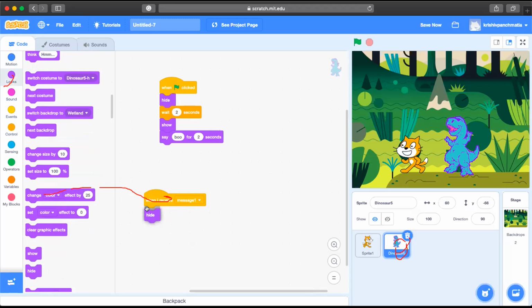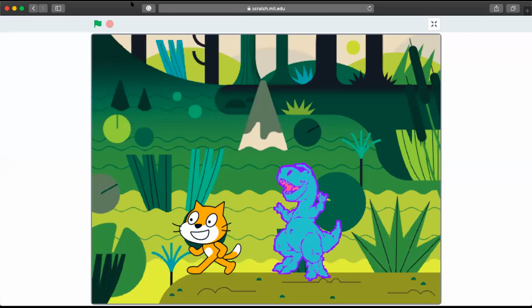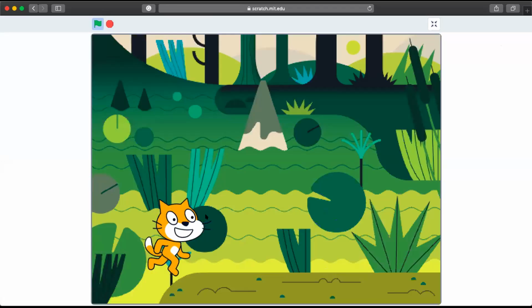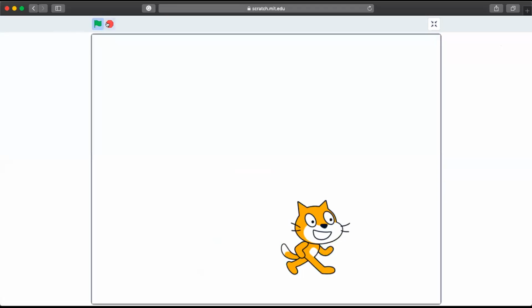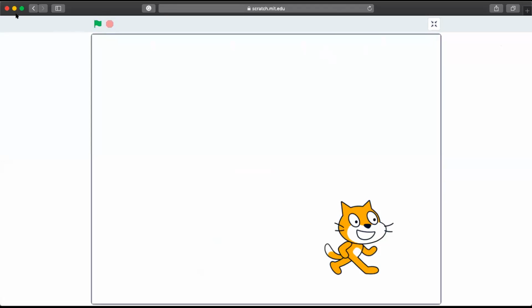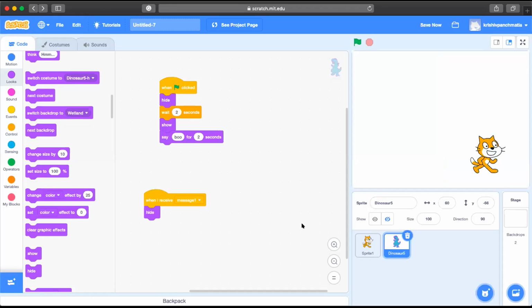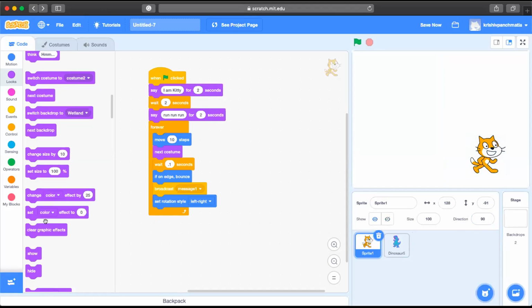Okay, now let's run your code. Please go full screen and run your code. So something went wrong. Okay, we'll see one by one. Run. Okay. All right. So let's see what you have done in the coding. Please show me your code again. Show me the code for the cat. So you are saying I am Kitty. Wait for 2 seconds. This wait you can remove. Let's remove this wait. Just one block.